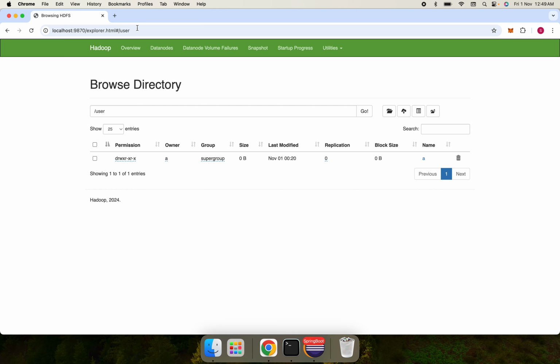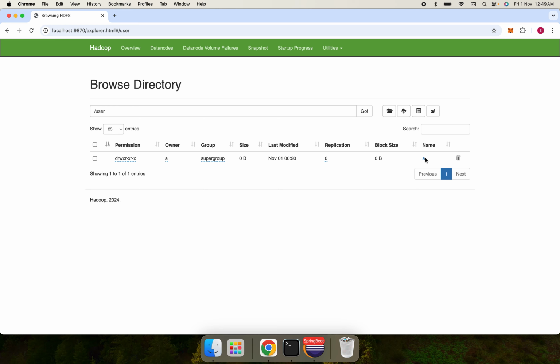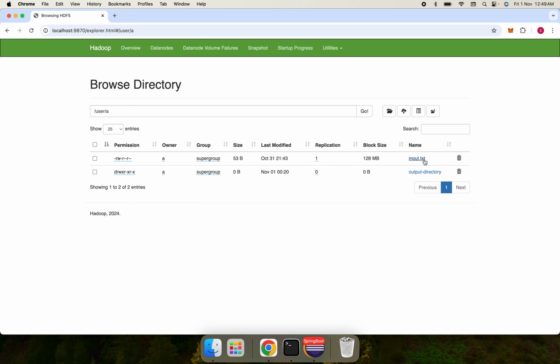So inside that file format you can store different resources by Hadoop. If you come to the utilities portion, and in the utilities, if you go to the browse file, these are some of the resources which are already present, which I have installed inside the distributed file system. Over here I have a folder called user, and that user folder has another folder called A, and inside that there is a file called input.txt,